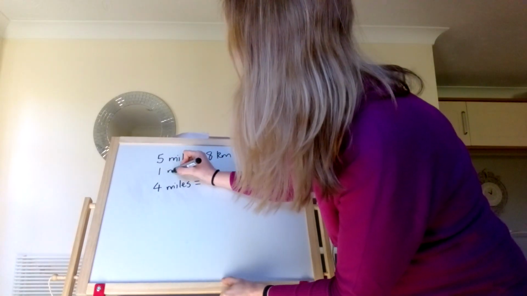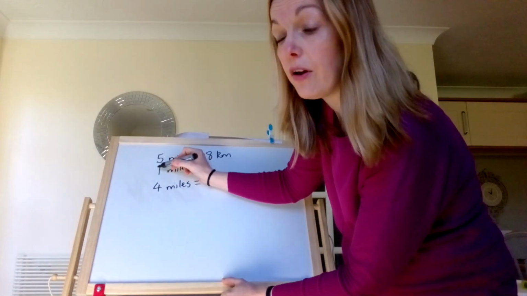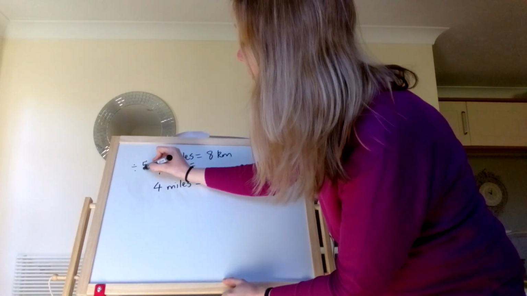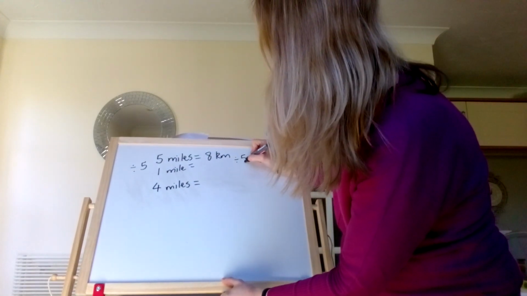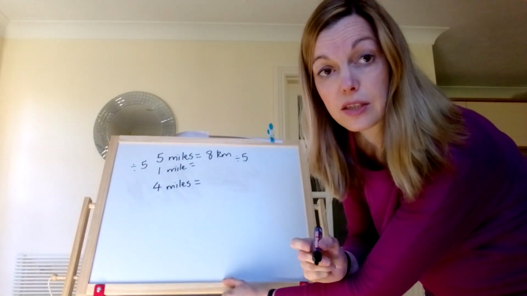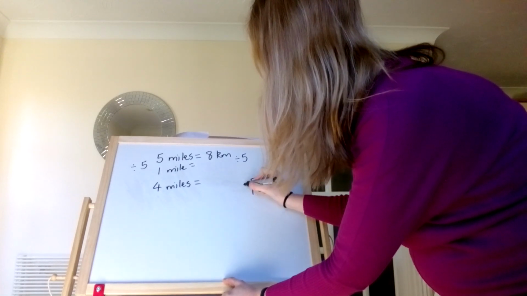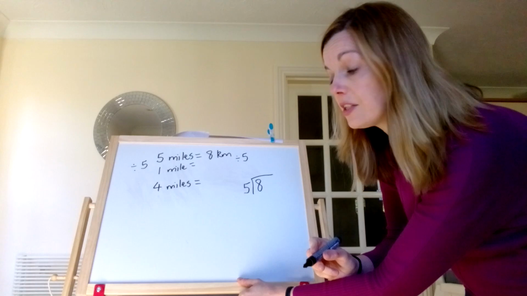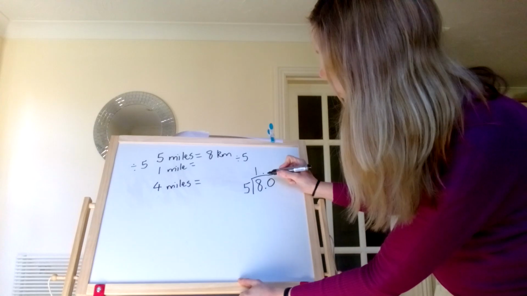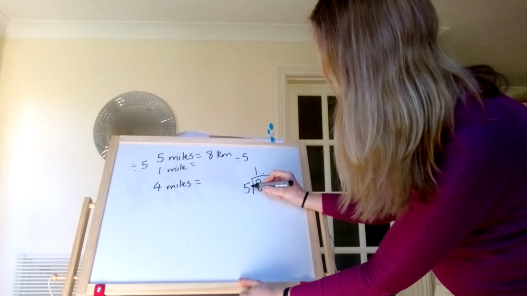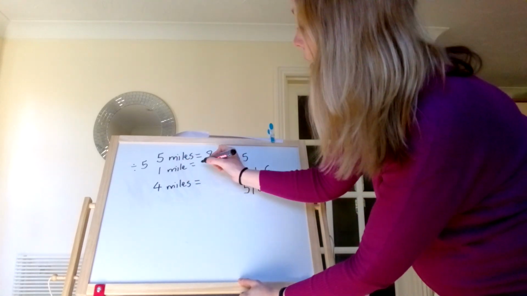If I want to get down to 1 mile, I'm making this 5 times smaller. I'm dividing it by 5. So if I've divided this side by 5, I've also got to make this side 5 times smaller. I've got to divide that by 5. This is our bus stop method. Okay, 8 divided by 5. Okay, how many times does 5 go into 8? Once, put your decimal points and your 0. What's left over? 3. How many times does 5 go into 30? 6. So we know that 1 mile equals